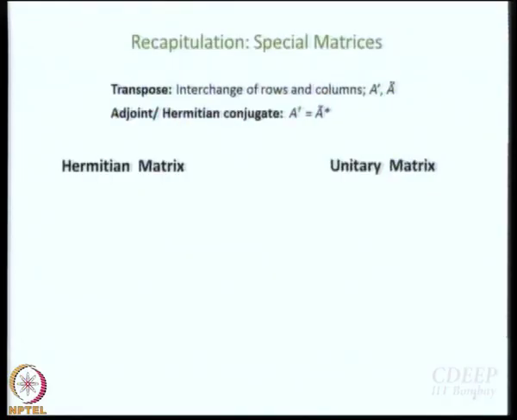always better to behave like a bowler, go back a few steps and then come in to deliver. So, let us go back a few steps and make sure that we have not forgotten the ABCs that we require here, right. So, this is what we have been doing over the last few days. We have talked about transpose, we have talked about adjoint, or what is sometimes called a Hermitian conjugate. We have talked about Hermitian matrices and unitary matrices, and since we all know this, in fact we tested this in the last class also.